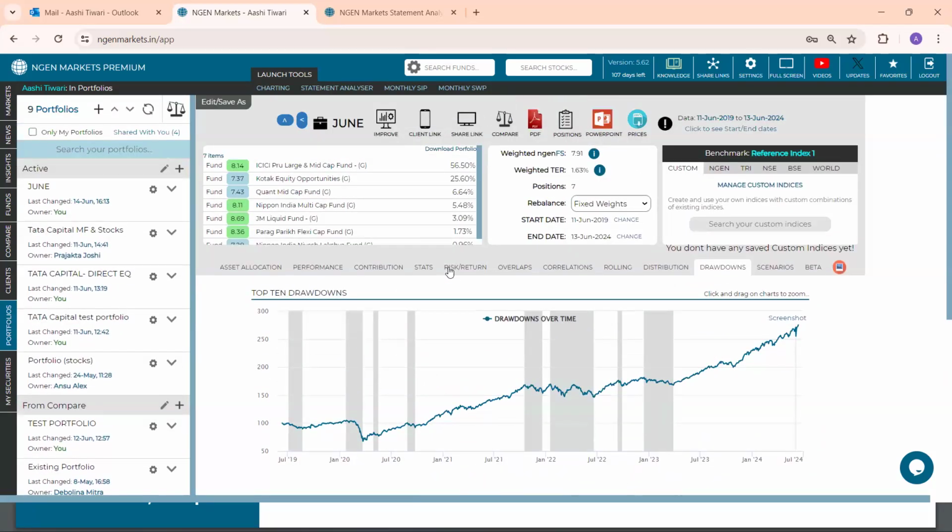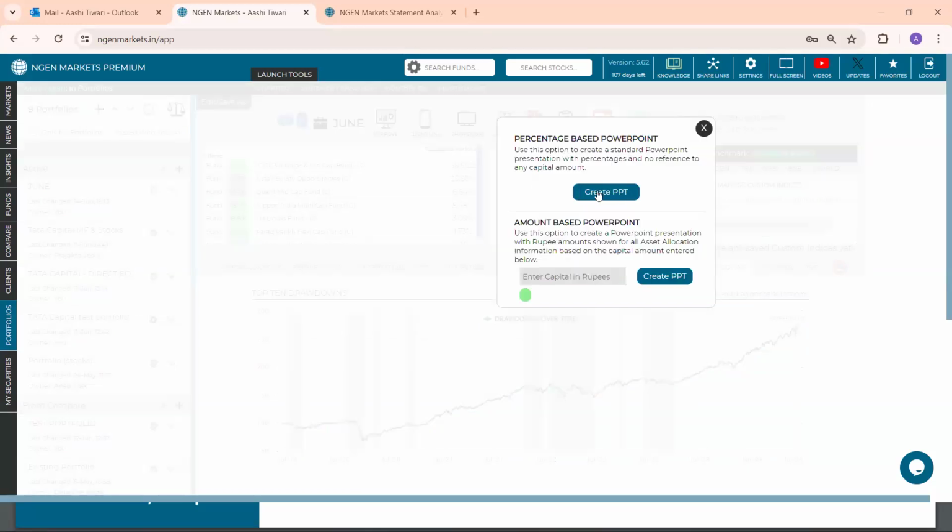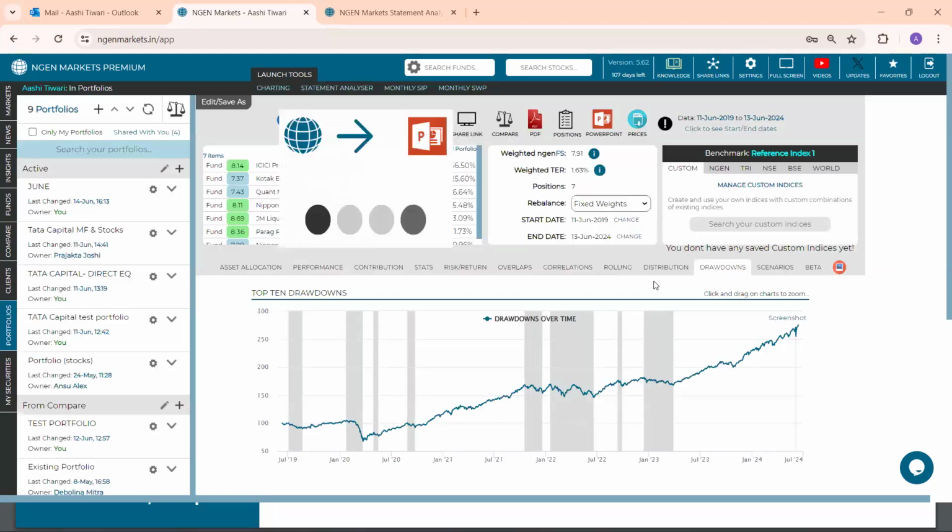There are multiple reporting options that are being provided in the platform that can be used to present to the client. The very first is PPT. So herein, you can create a standard PPT, or you can also create an amount-based PPT as well, which can act as a proposal for your client. Now I have entered the amount of 10 lakhs, and once I click on create PPT,